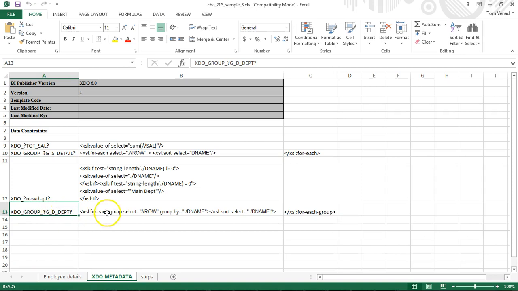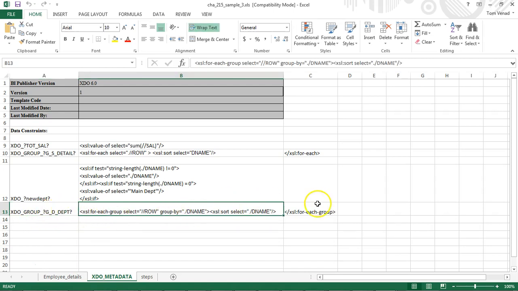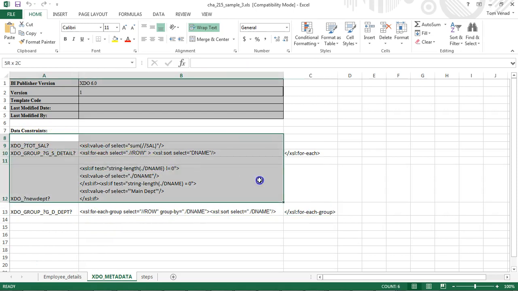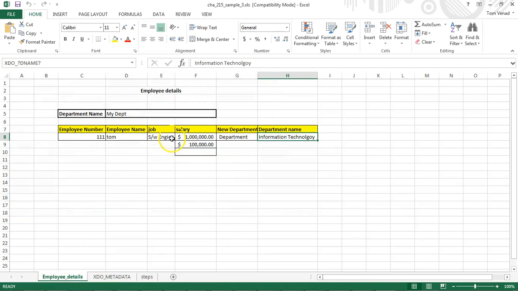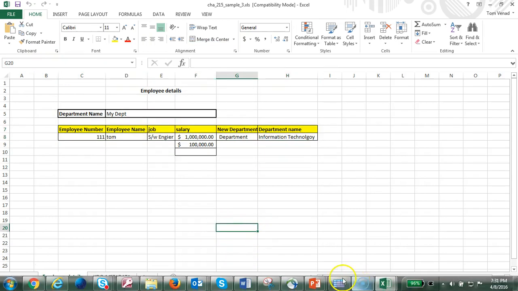So I have added the group. We have added the XDO group and the regrouping feature. We didn't change anything in the top, so let's leave everything as such. I've added this department name, but I haven't mapped it to anything. So let's go ahead and test it out without making any changes. In order to test it out, we would go to